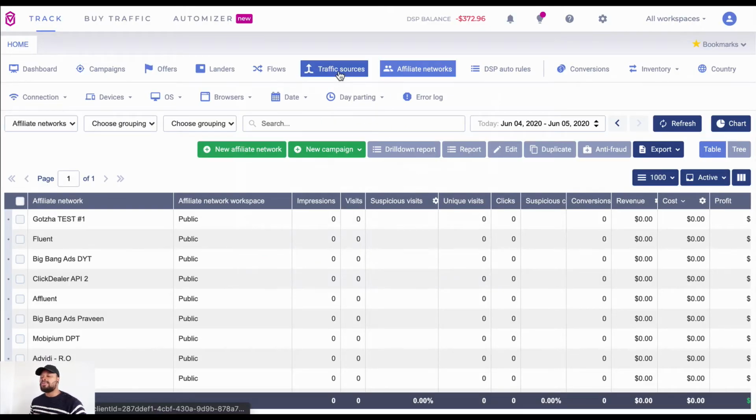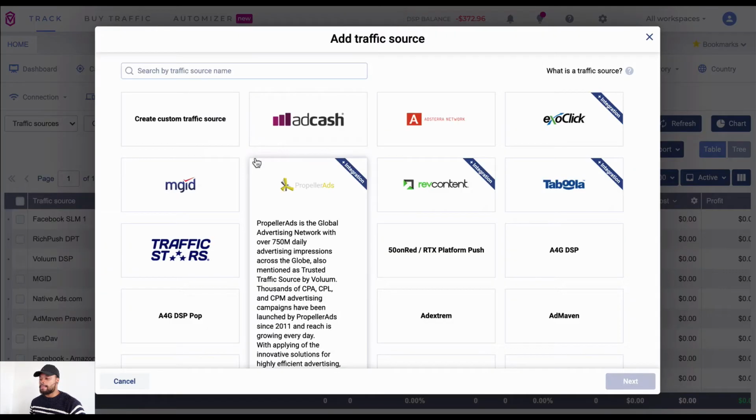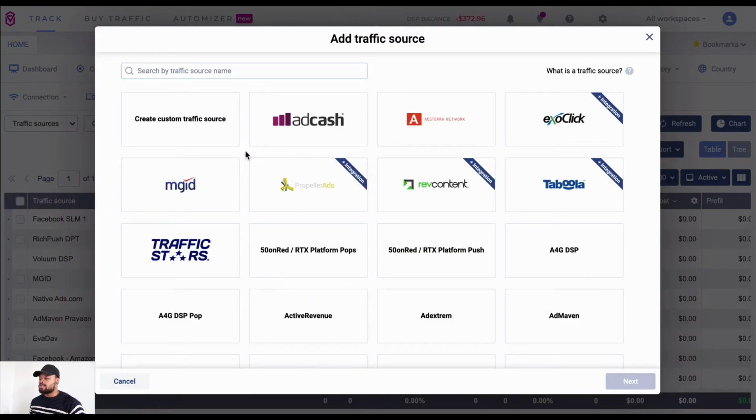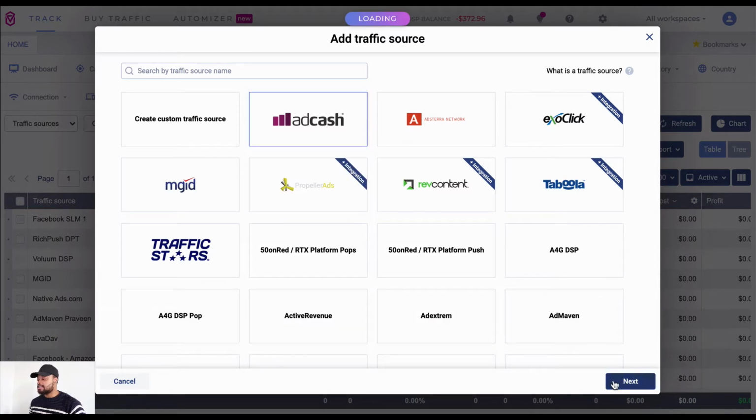So assuming you've got your affiliate network set up, you want to go ahead and set up the traffic source. All right, so go over to traffic sources, new traffic source, and we're going to be using Adcash. So this is an Adcash build. We're using Adcash, so I'll go ahead and select Adcash, next,